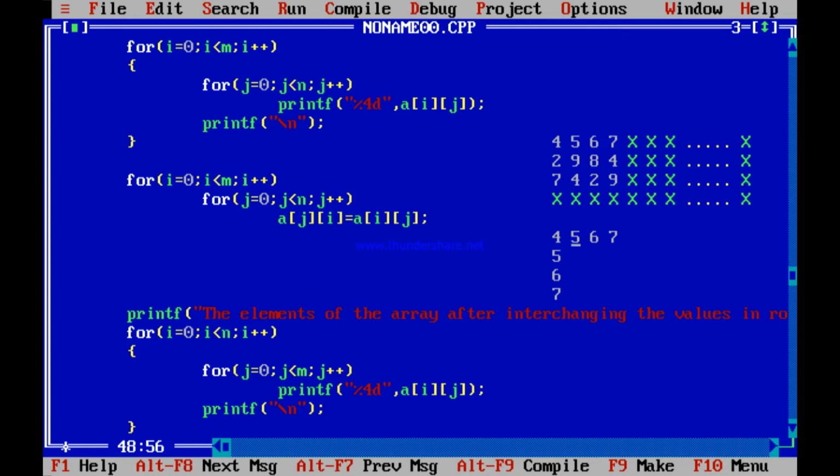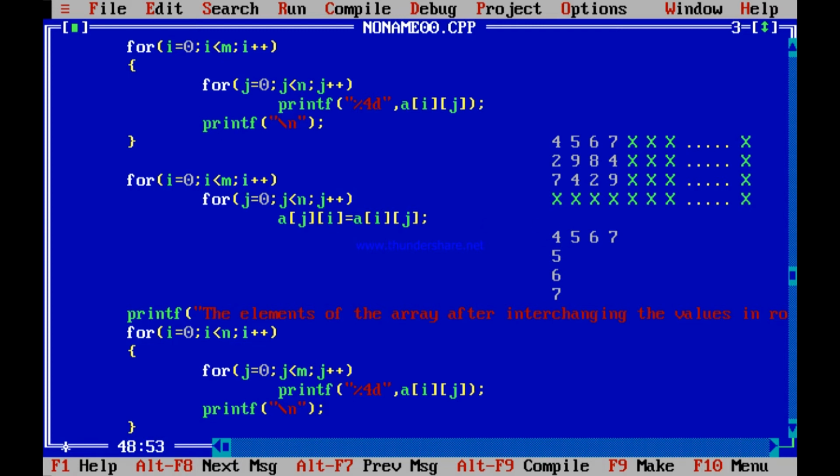You have done a mistake. Instead of copying, you should have swapped. You should have interchanged. This 5 would have been changed to 2 and this 5 would have gone over here. So your program logic was wrong. So what is the new program logic I can think of? See, I can do it like this: when you are copying Aji to Aij, instead of copying, you interchange Aji and Aij.